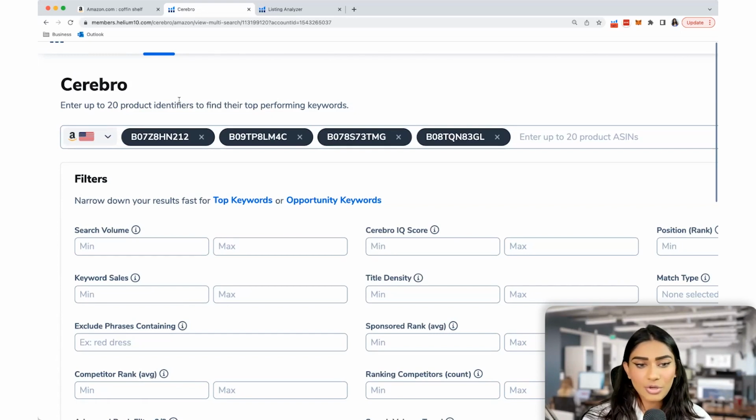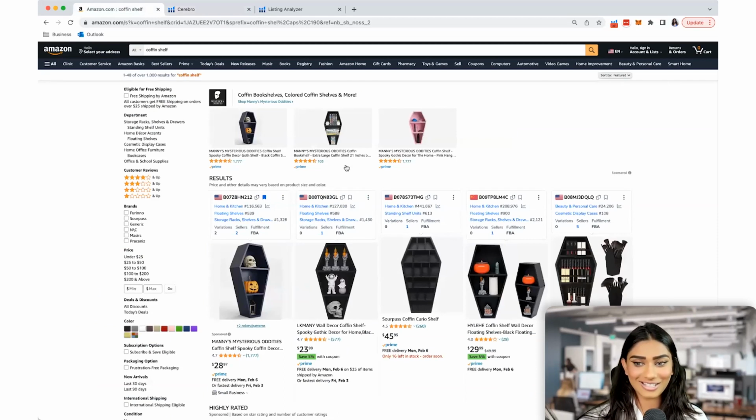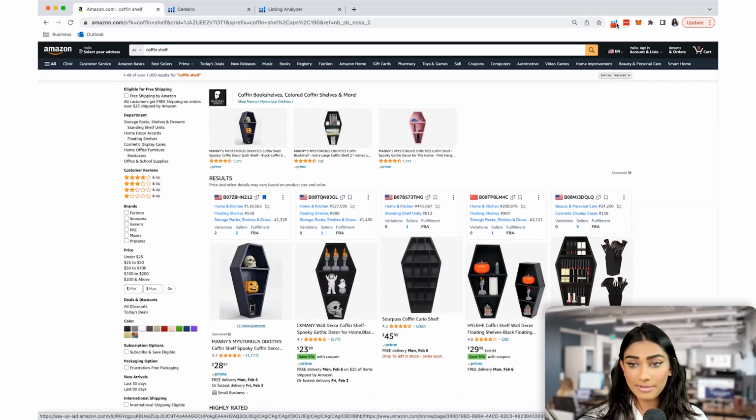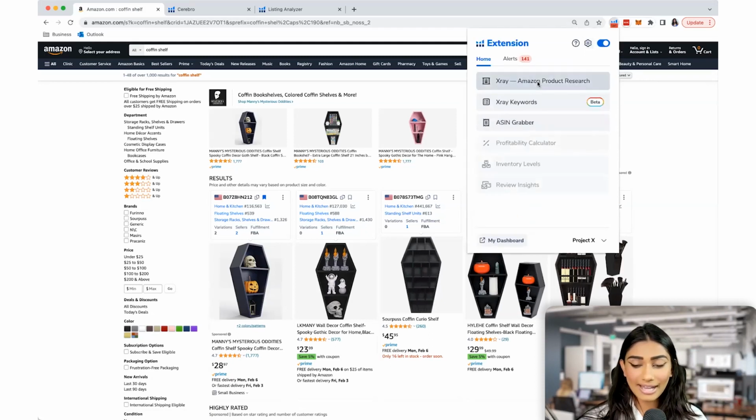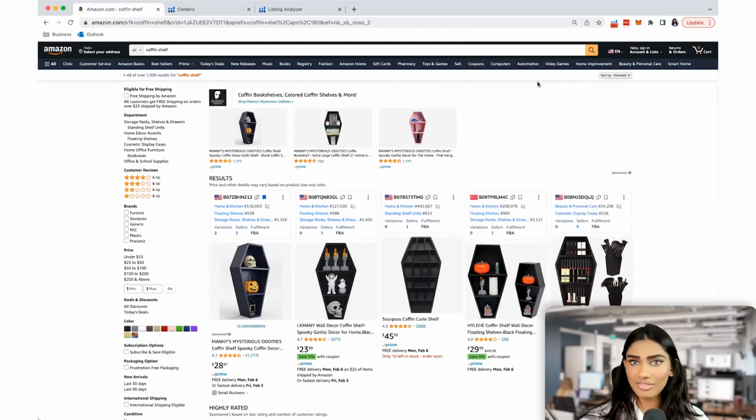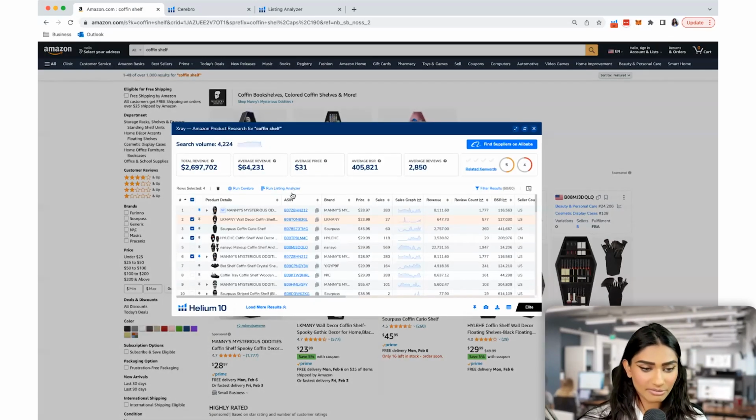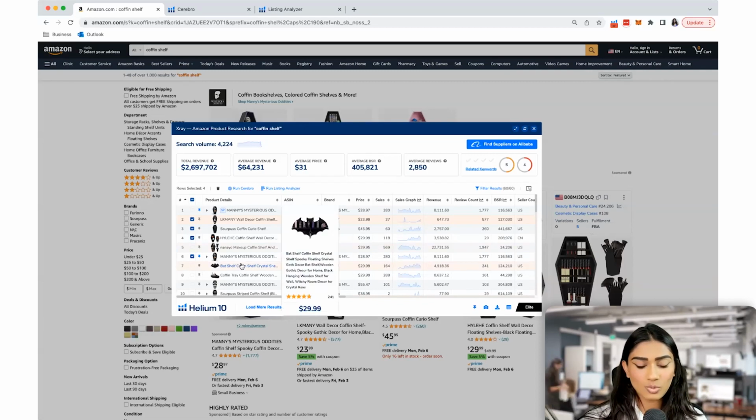I have a few queued up, but I'm going to talk to you a little bit about how I got these. The market or niche that we're currently looking at is the coffin shelf market, our Project X product. What I did is I simply went on Amazon, typed in the keyword for that niche, and then I used our Chrome extension to click X-ray, which is going to give me that 10,000 foot overview. We talked about this a little bit in our last video, I believe. And you're going to select whichever products you want to take a closer look at.